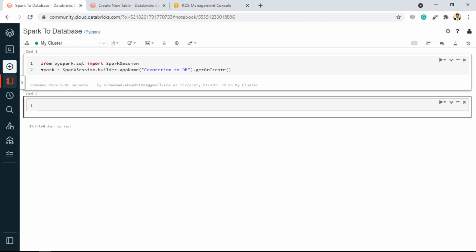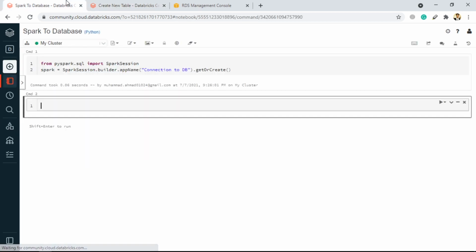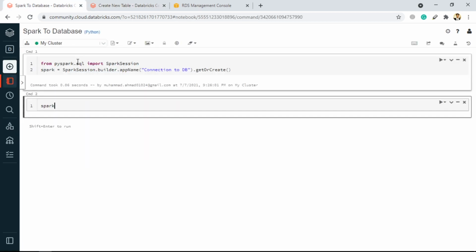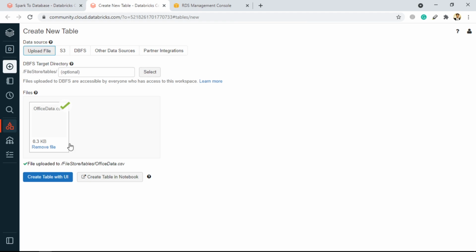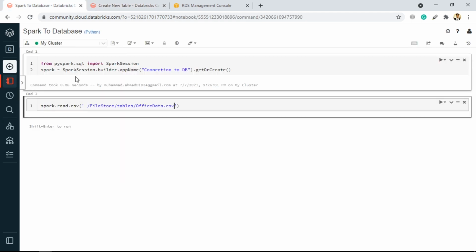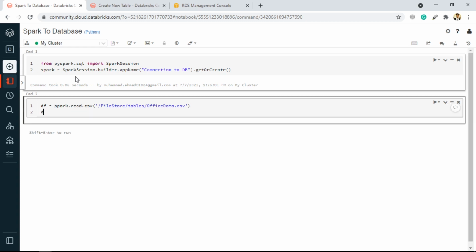Next thing, we have to read data from this file, and for that we will go for spark.read.csv, and inside that we just provide this path. Now what it will do, it will read the data from this file and provide us with the data frame, and the headers will not be included inside the data frame.